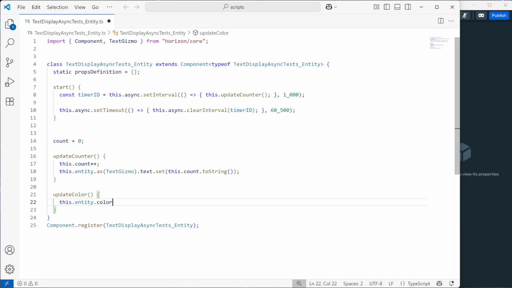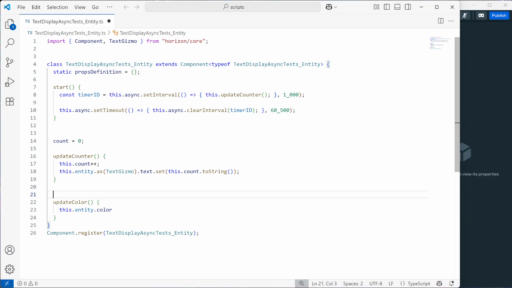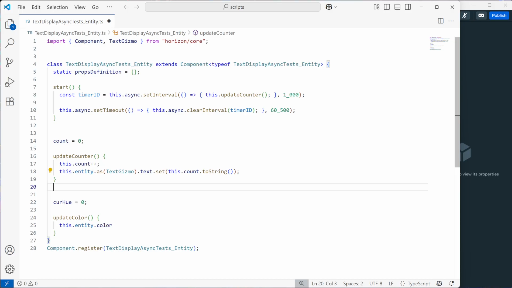And so we're just going to start by making this method work. Update color needs to know the current hue. So we're going to create another variable called current hue, and current hue is going to be equal to 0. Just like before, I'm going to add some double spacing so it's clear that this is a section and this is a section. So now in update color,